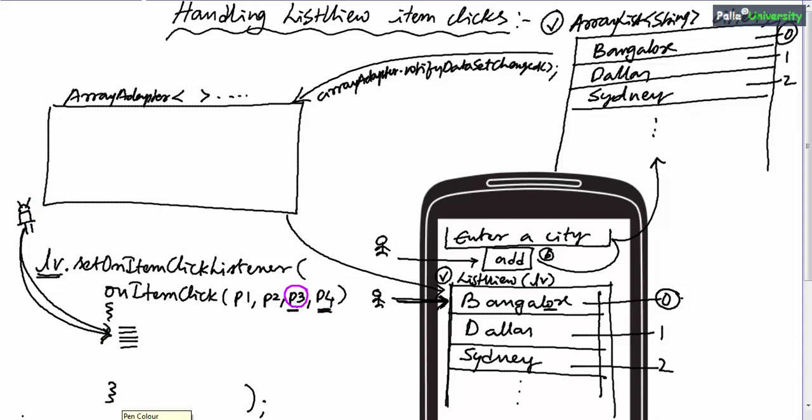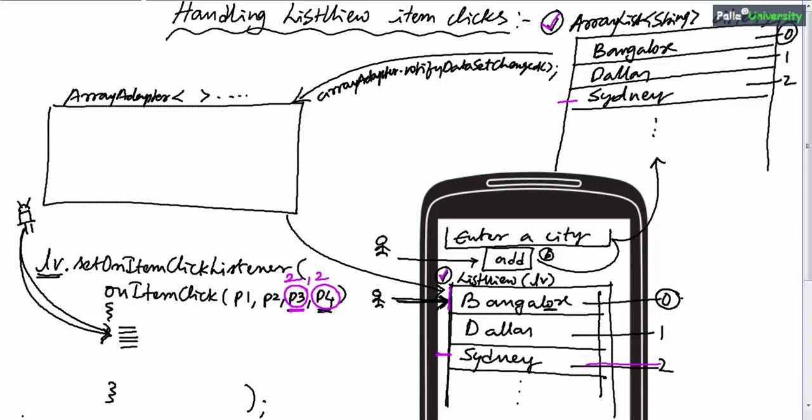In this session, I am going to explain the values of parameter 3 and parameter 4. Parameter 3 corresponds to the index of the element which is being clicked by the user in the source. For example, if the user clicks Sydney, what is the position of Sydney in the source, that is in the array list? The position is 2. So the OS will automatically pass the position as 2. The OS knows everything, so it will call this method automatically. Parameter 4 is the position of the element being clicked in the destination. In the destination its position is 2.